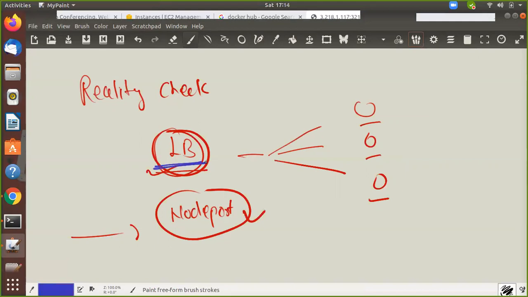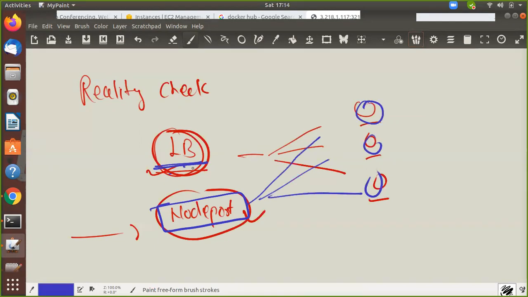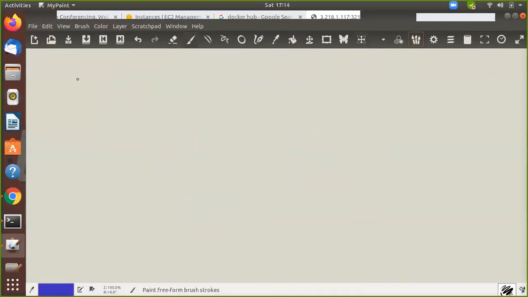So load balancer is doing the same thing that NodePort can also do. That means NodePort can also balance the traffic across the pods. Then why? Okay, so first of all, make a note of it. The most important point is, in a production environment